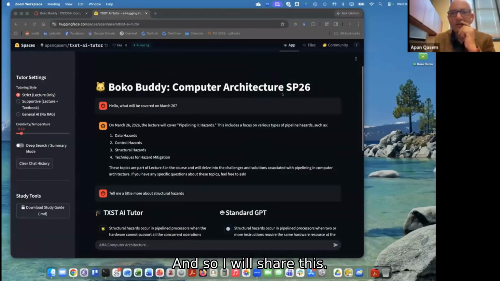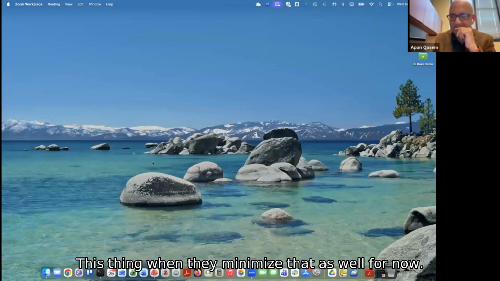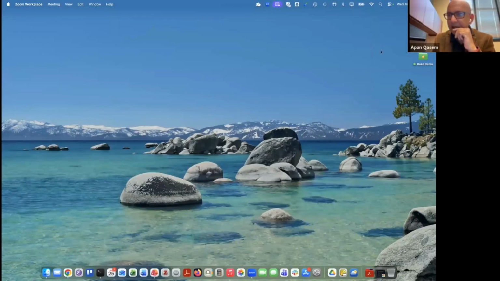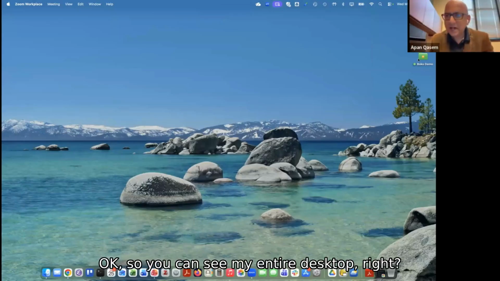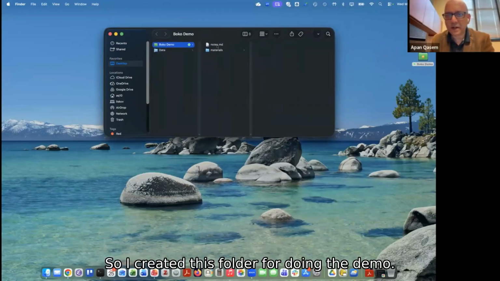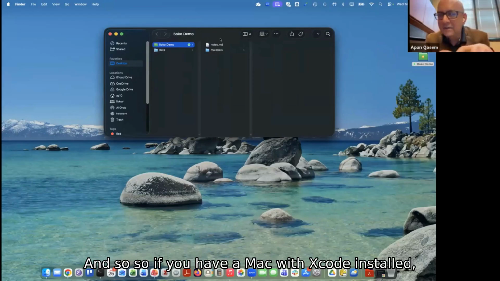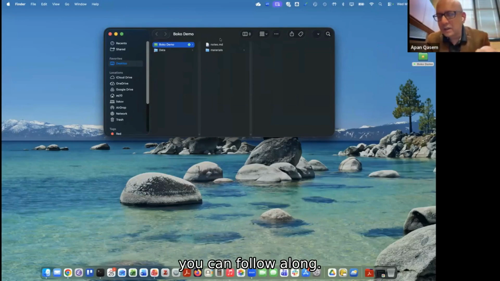Let me minimize this, and that as well for now. Okay, so you can see my entire desktop, right? I created this folder for doing the demo. If you have a Mac with Xcode installed, you can follow along.